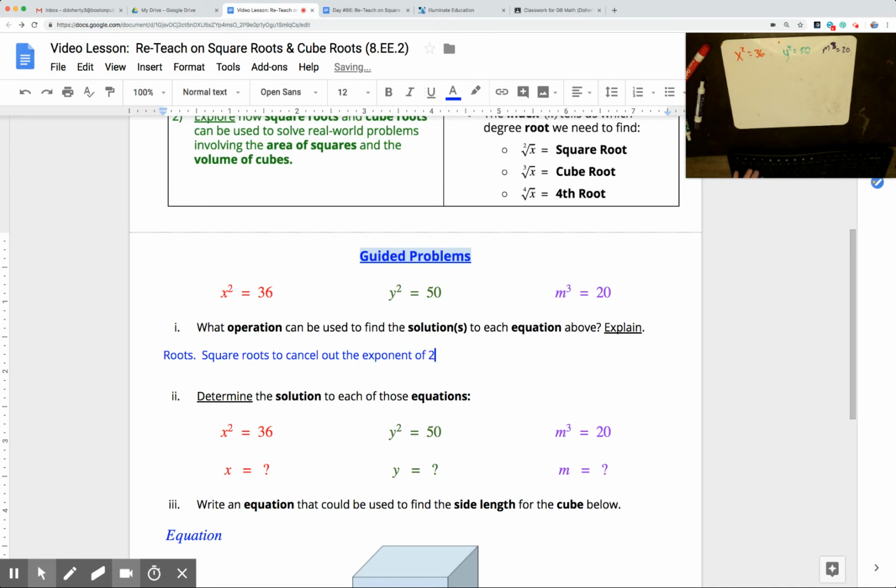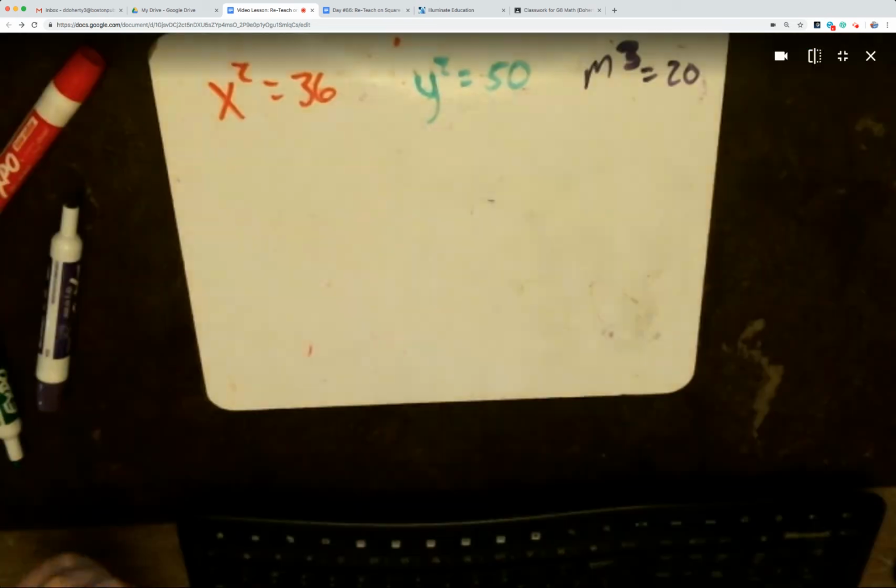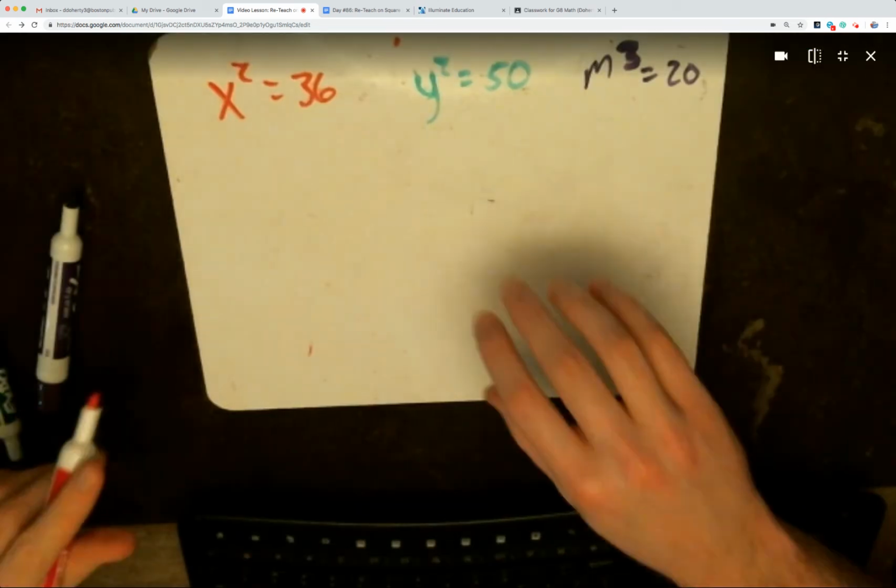So we're going to use square roots, and those will help us cancel out the exponent of 2. I'm sorry about the little error there. And then cube roots cancel out the exponent of 3, or the cubed exponent. So as we take a look at this whiteboard now, how am I going to get rid of the squared